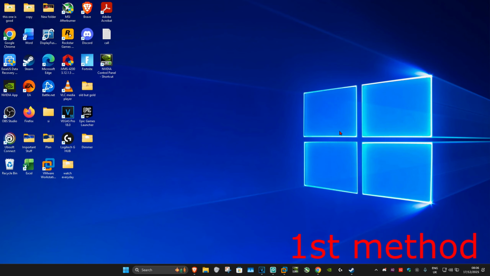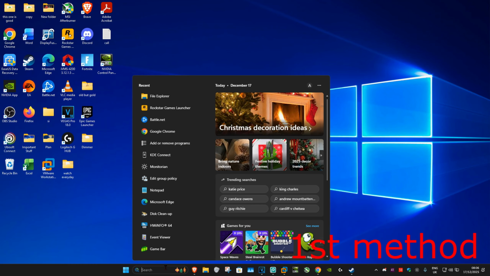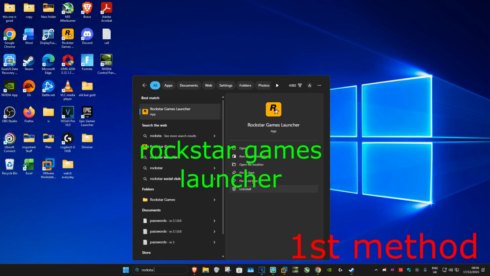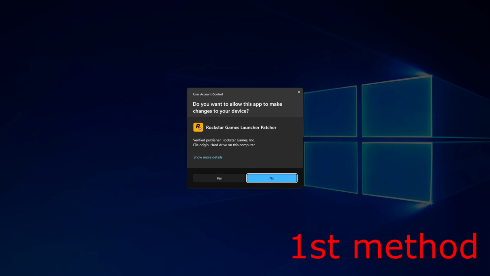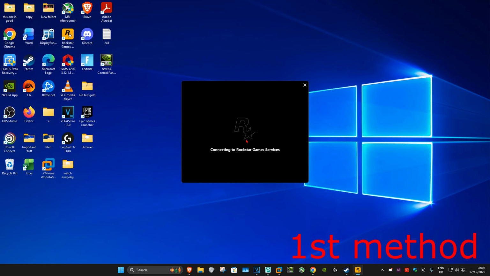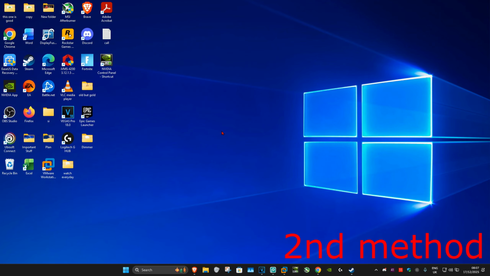So guys, for the first method, you want to go to search and type in Rockstar Games Launcher. Now, you want to run it as administrator. And then click on yes. See if that works. If that's still not working, then for the second method, you want to go to search